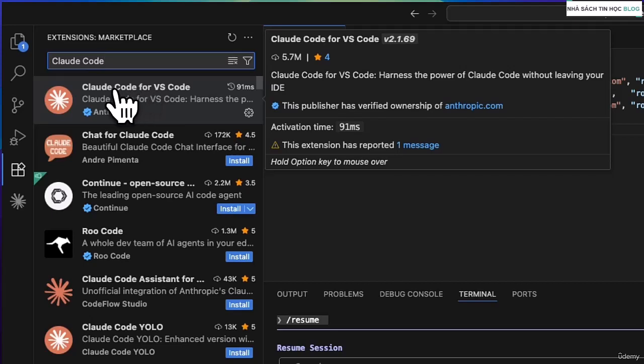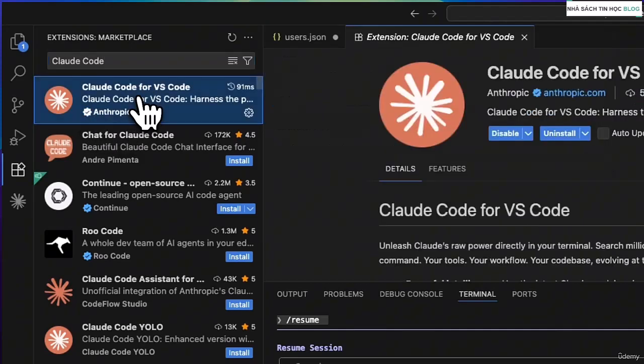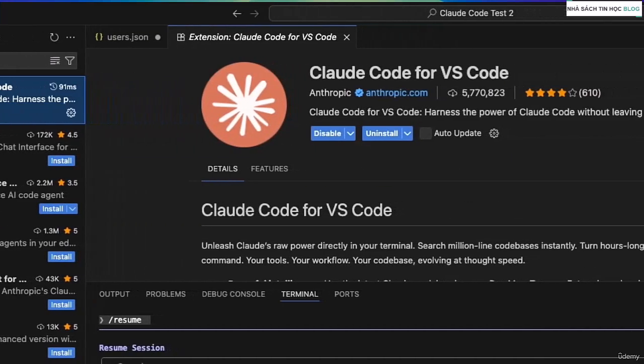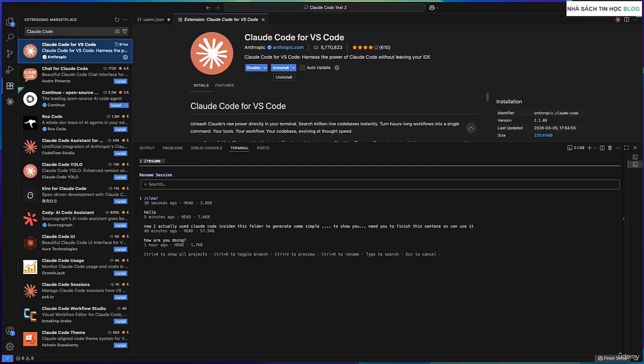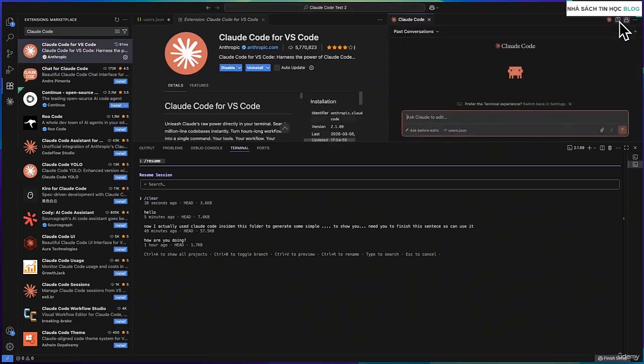Just make sure you pick the one made by Anthropic. It has a verified check mark next to it, so you can install it by clicking on the install button and then press the button to open it up. And this launches Claude Code in its own dedicated window. It should appear in the top right corner, right here, as you can see.